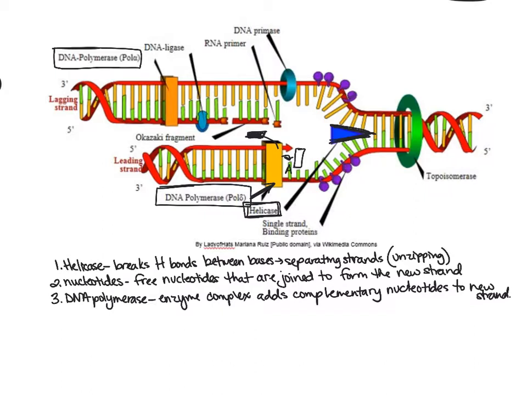So again, if this is A, for example, it will grab a T nucleotide and add it across from the A nucleotide. If this is a C nucleotide, then it'll grab onto the G nucleotide and place the G nucleotide opposite it. If this is a T, then it's going to grab an A nucleotide and put the A nucleotide across from it. And so our helicase has separated the two, making those individual base pairs available. Then our DNA polymerase is going to come along and grab onto those free nucleotides, and add them opposite of the complementary. So A and T, C and G.